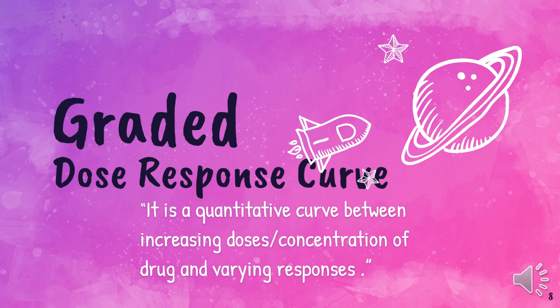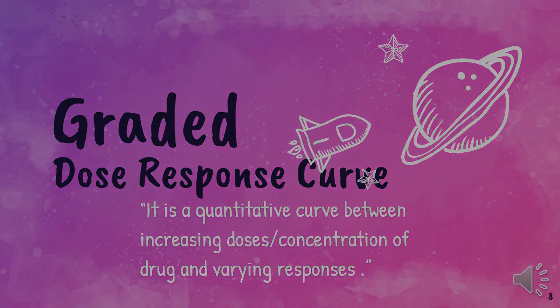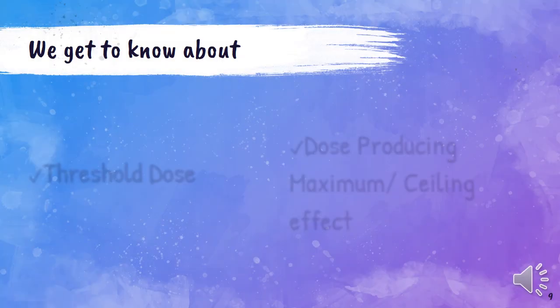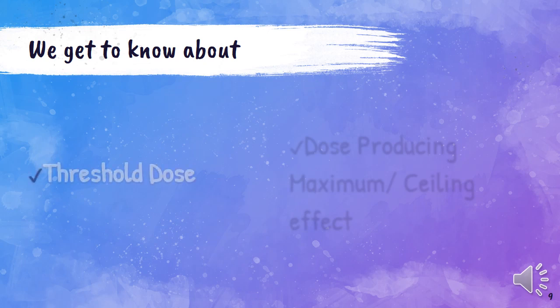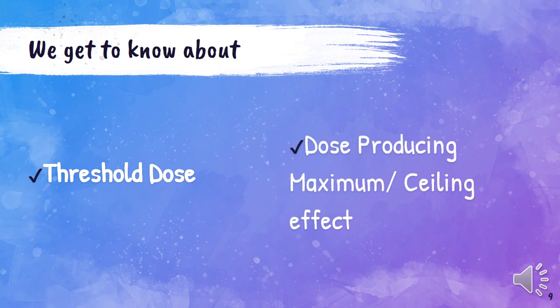Repeating again, it is a quantitative curve between increasing doses, concentration of drug, and varying response. From the dose response curve, we get to know about the threshold dose. What is threshold dose? It is that specific point or dose concentration of drug at which we start getting the therapeutic effect. We cannot say that it is our desired, required therapeutic effect, but this is where the drug starts working. Okay? And from this graded dose response curve, we also get to know about the dose producing